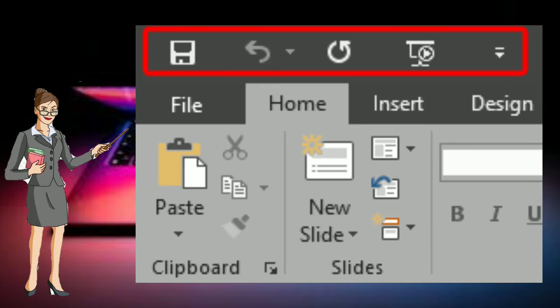Means with the help of the Home tab you can change the font size and style, set the paragraph, do drawing and edit the text.